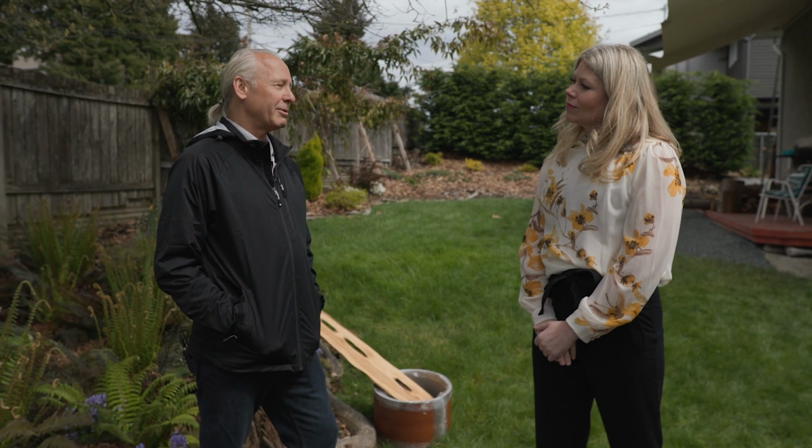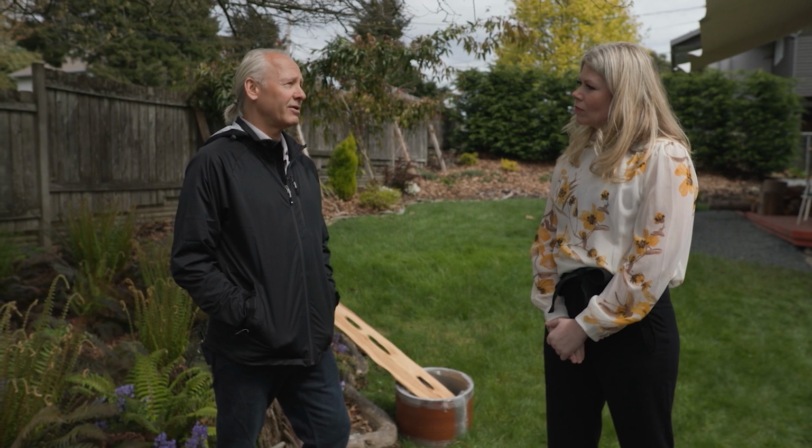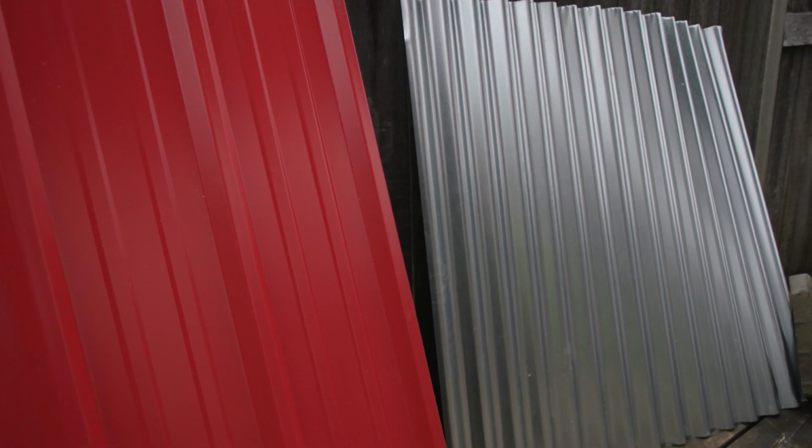Never used to be that way, but they're pushing now. 1 out of 10 roofs between commercial and residential are now metal instead of asphalt shingle or alternative synthetics, which are also making their way into the marketplace. And the metal is just so durable, correct? Durable, proven in the industry, and so these synthetics that they're coming out with, some of them are great, but